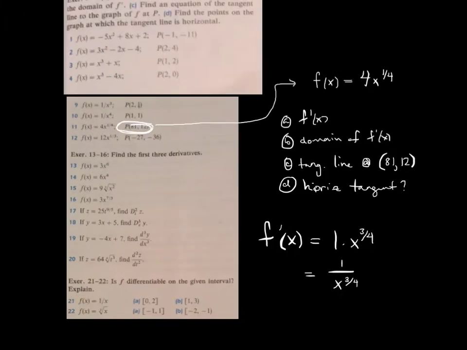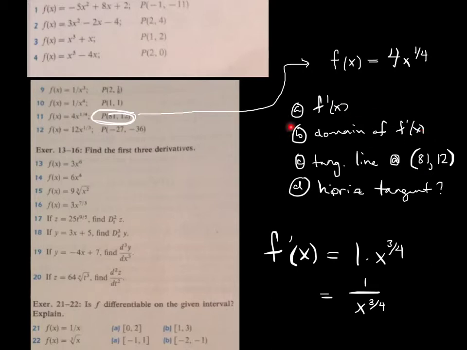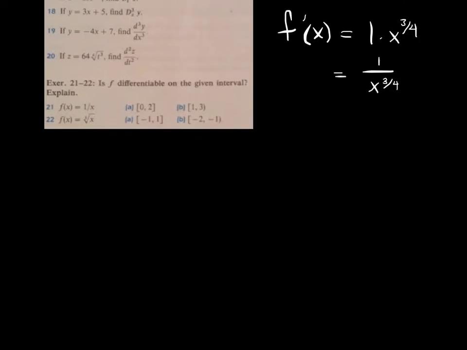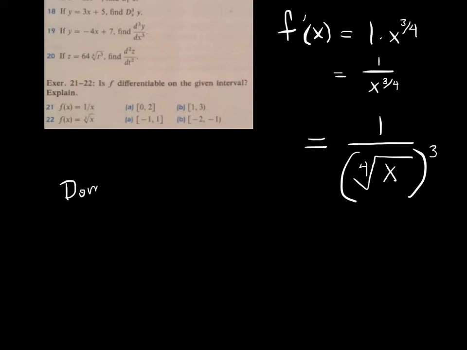Now, the domain previously was sort of obviously everything, because it was just like x squared or something like that. Now the domain cannot be 0. Tricky. It can't be 0, and let's write this also as perhaps x, the fourth root of x cubed, right? With the fourth root, does it follow the same rules as square root? Yes. The even roots, it does. So therefore that x would have to be greater than 0. So the domain of f prime of x is going to be